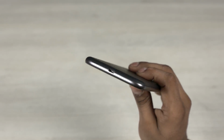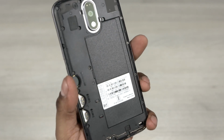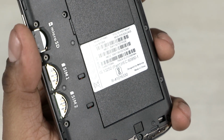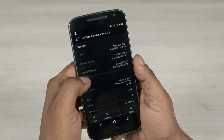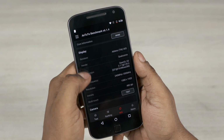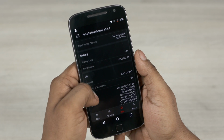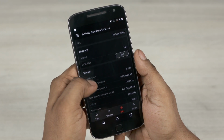The back is user removable and inside we find two SIM slots and a dedicated micro SD card slot. The 3000 mAh battery, as expected, is non-user replaceable. Underneath the hood, the Moto G4 Plus is powered by the Snapdragon 617 chip. Now that's 8 Cortex A53 cores clocked at 1.5 GHz each, coupled with an Adreno 405 GPU clocked at 550 MHz, and either 2 GB of RAM on the 16 GB storage variant or 3 GB of RAM on the